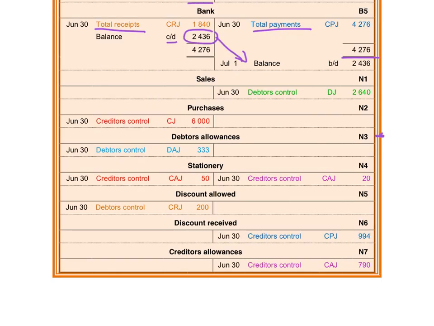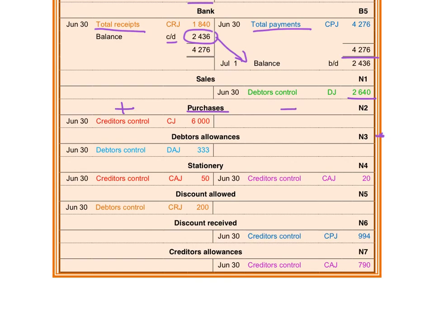The posting will be done to all the other accounts. If you credit an account, so that will be income, it will go on the credit side. And then the difference between perpetual and periodic is that we don't write in the inventory account, so we have a purchases account,